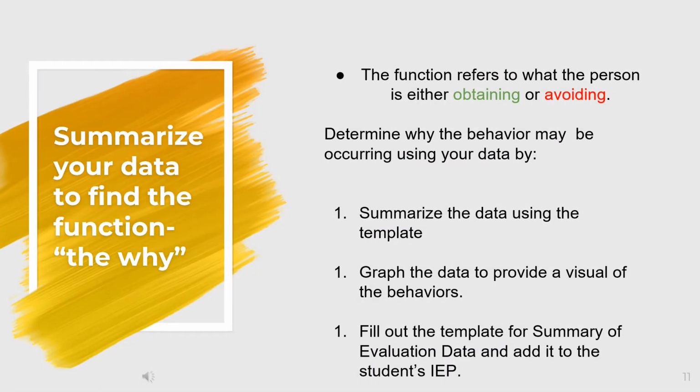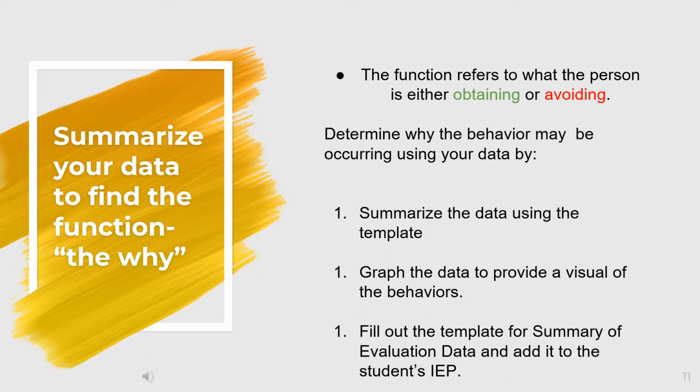When we're conducting an FBA, we want to determine the why, the function of the behavior. This is either to obtain something or to avoid something. Common examples that may be present in the classroom are to obtain a tangible item, such as computer time, or maybe avoid a task, let's say writing. They may be trying to gain adult attention or avoid a demand. Of course, these are unique to the individual, which is why we always have to have data to determine the